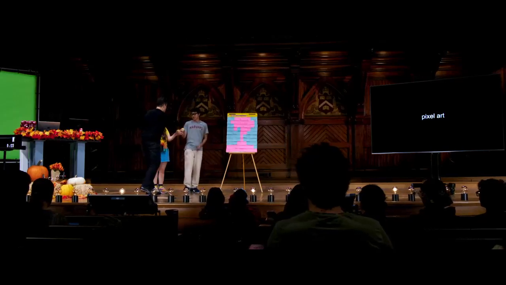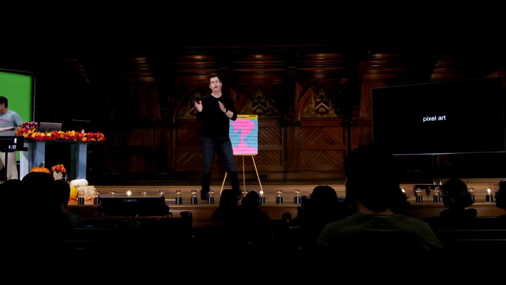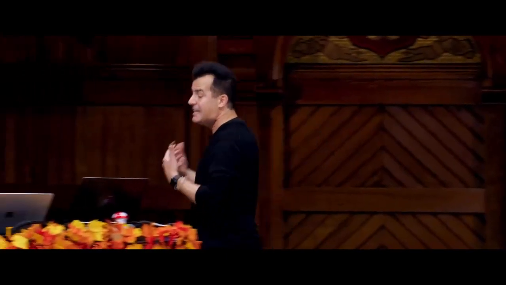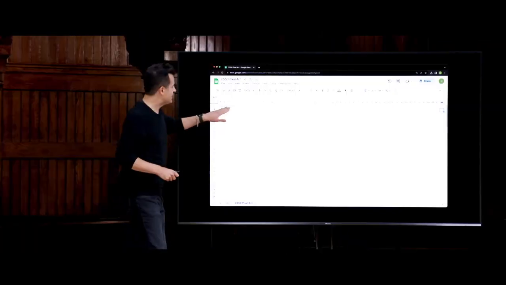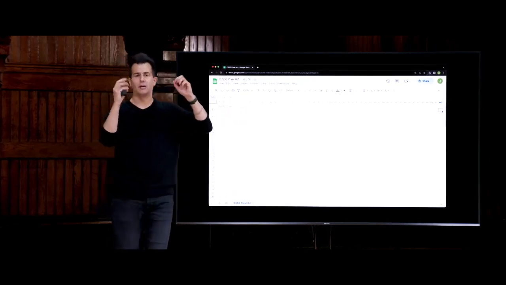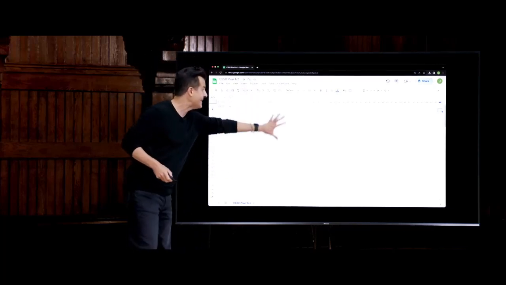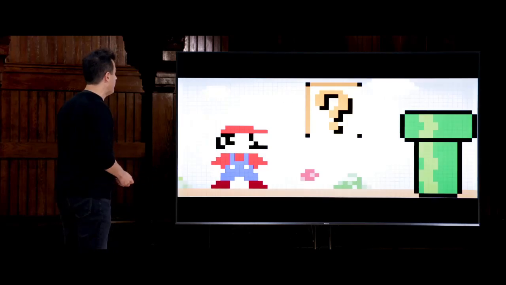So suffice it to say, if you have just a single color to use, black or white, and you're using 1-bit art, it's actually kind of hard to paint a picture. But if you do have more colors at your disposal and an even bigger grid, can you do more interesting things? And so in fact, we invited some past students to do exactly this. We shared a Google spreadsheet whereby we turn the cells, instead of the default rectangles, artificially into squares so that you can use the paint bucket tool and just paint different pixels onto the screen. And among the pieces of art that some of your predecessors came up with were this here,